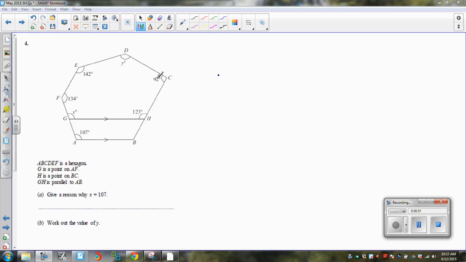We have A, B, C, D, E, F, so the whole thing is a hexagon, and we have this parallel line drawn in here, and that's crucial here. You've got parallel lines drawn in here. If this angle here is 107, X is also 107, and the reason for that is those are called, well,